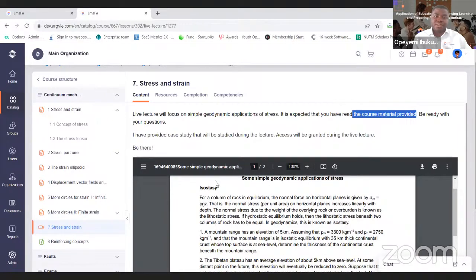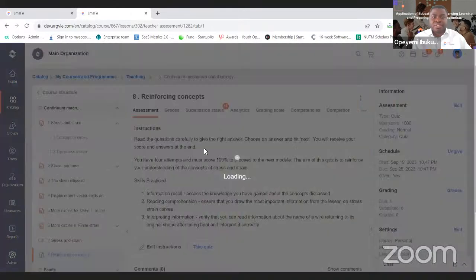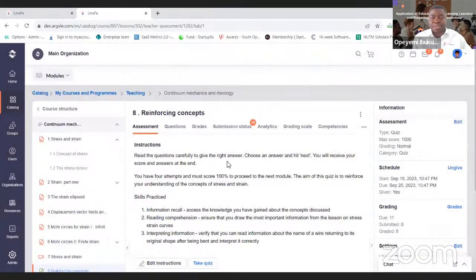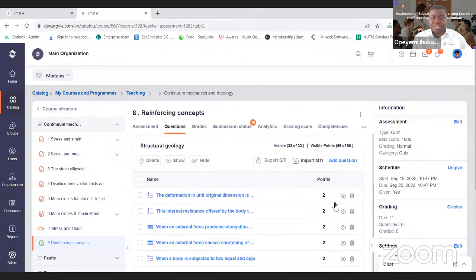And then the students can start coming up with ideas. And you can reinforce concepts by having quizzes. So here, you could put in a quiz to reinforce concepts. You could have your question bank, where you have your questions, and you could hide the questions in different